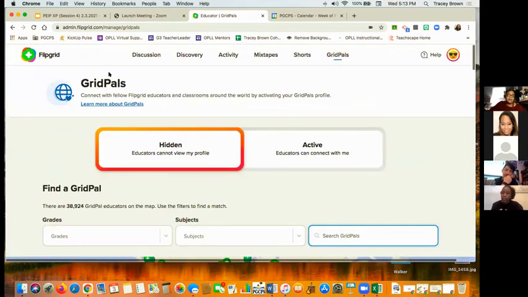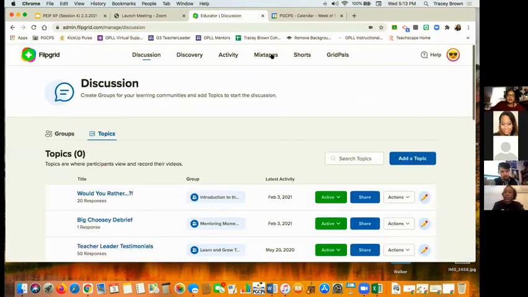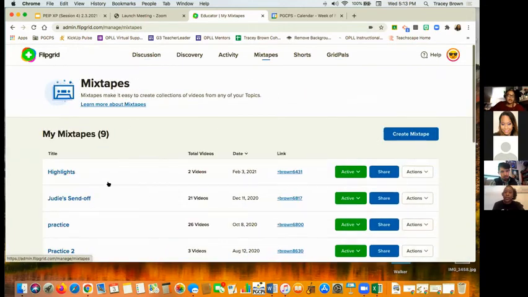I can't say that I use this one very often, but it is here. It's an opportunity, it's here if you need it. For me, the ones that I use the most are just the regular discussion board with the groups and the topics, and then the mixtapes, because I like to be able to choose the different,